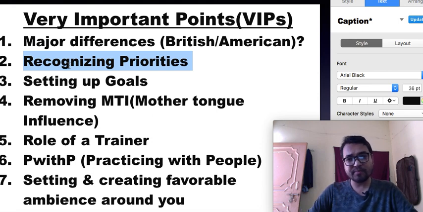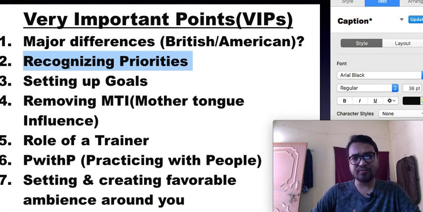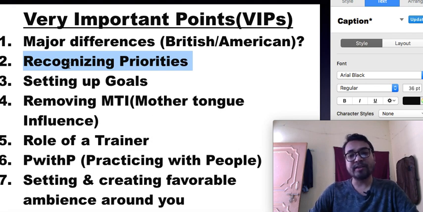So if your plan is to go to America, or down the line, let's guess 5 to 10 years, you are going to work in America, you should learn American accent. And if you are going to work in the UK, then obviously you should learn a British accent. Accent will make you familiar with the sound, culture, and many other things. Grammar, as I told earlier, pronunciation, there are many parts which are going to be completely different in both of these. So once you get familiar with them,